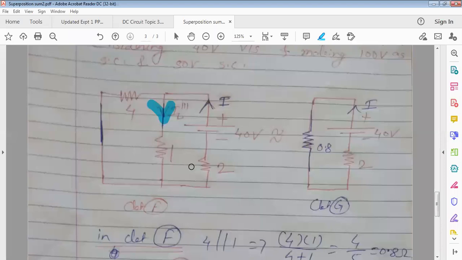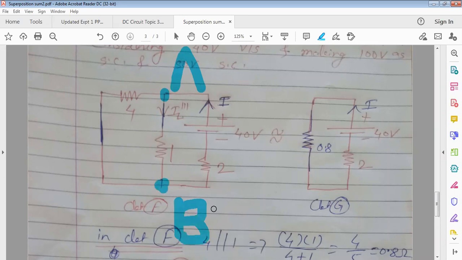Now here our aim is to go on simplifying the circuit till you find IL triple dash. That's it. Okay. So see here, I'll mark this one as node A and this one as node B. In between node A and B, 4 ohm and 1 ohm, how are they connected? Parallel. Right? All of you can observe here, 4 and 1 ohm are connected in parallel. I told you, two conditions you have to check. Which ones? Whatever current enters node A must be the same current leaving node B, and current flowing through 4 ohm plus current flowing through 1 ohm is equal to IA, which is equal to IB. These two conditions you cross check. If both get satisfied, then only they are in parallel, otherwise not.